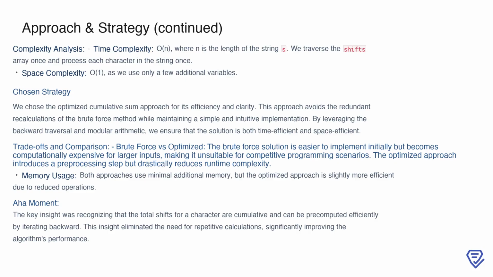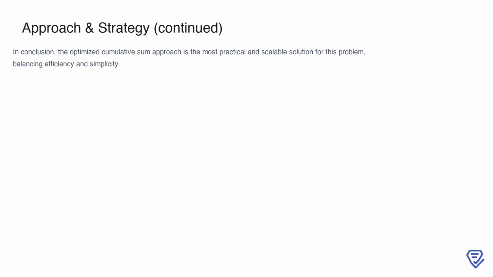improves performance. In conclusion, the optimized cumulative sum approach is the most practical and scalable solution for the shifting letters problem. By pre-processing the shifts with a backward traversal and leveraging modular arithmetic, we achieve a balance of efficiency and simplicity. This strategy eliminates redundancy, minimizes operations, and handles larger inputs effectively, making it ideal for competitive programming and real-world